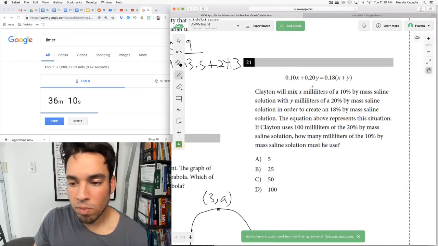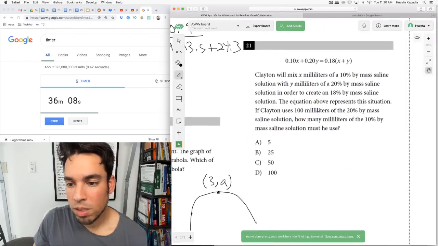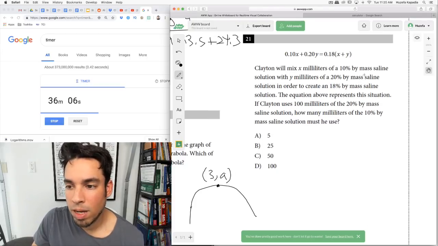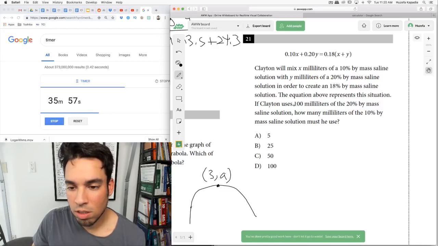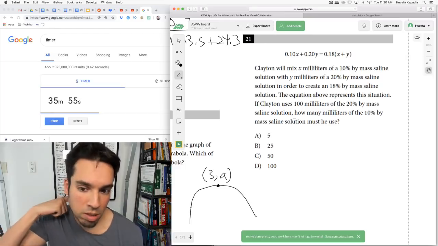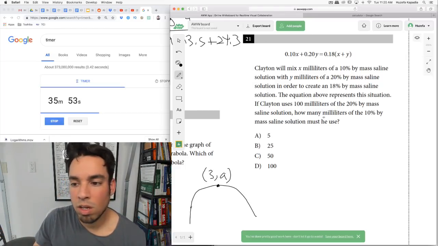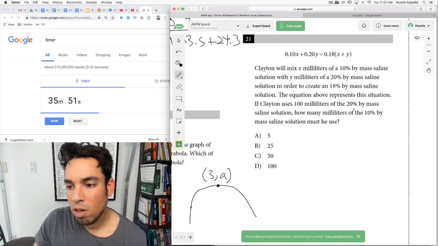Number 21. Clayton will mix x milliliters of a 10% by mass saline solution with y milliliters of 20% by mass saline in order to create 18%. Okay, that's what this equation is. It's a two-variable equation. The equation above represents a situation. If Clayton uses 100 milliliters of the 20% by mass,